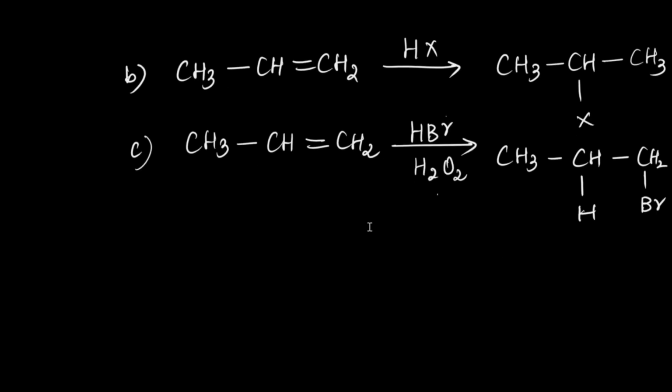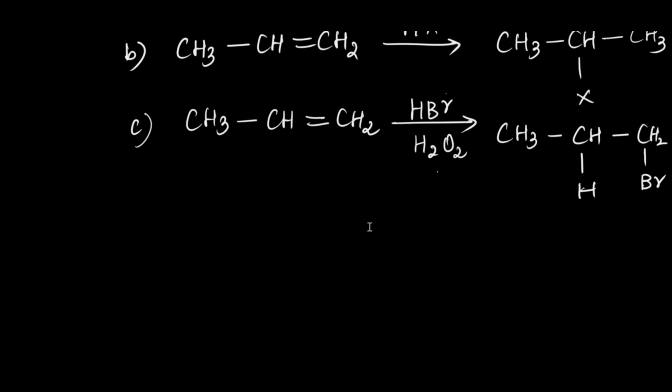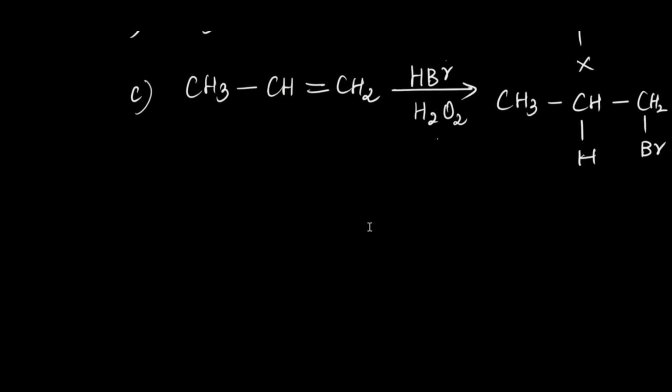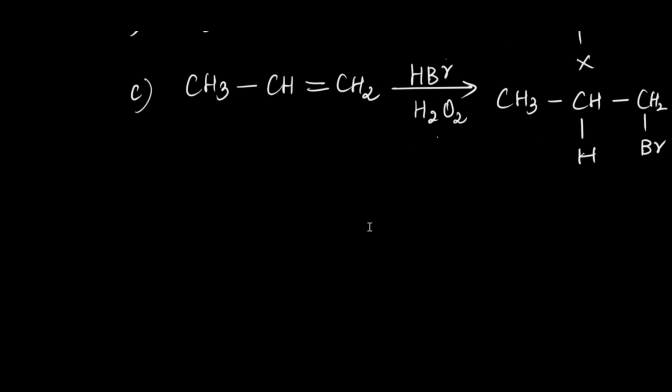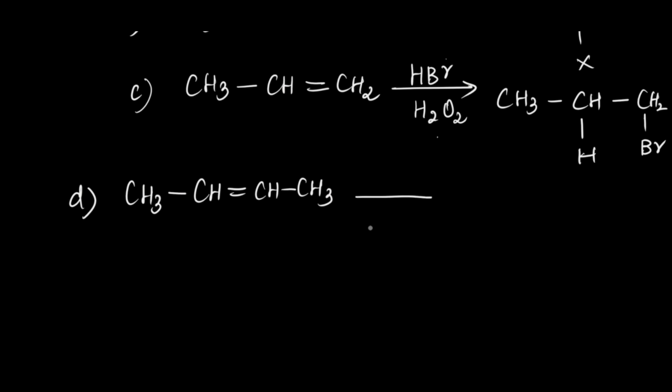I'm just writing here the major product, guys. So mostly the questions will be asked on the major product. What will happen if I'm having a compound like this, which is symmetrical butene, 2-butene? Let's say I'm treating it with Br2,